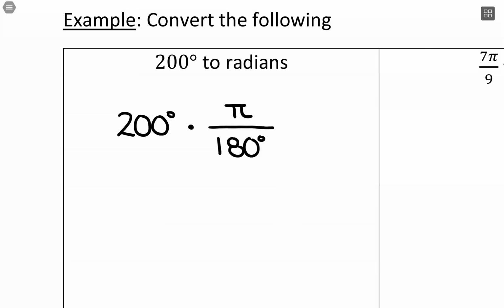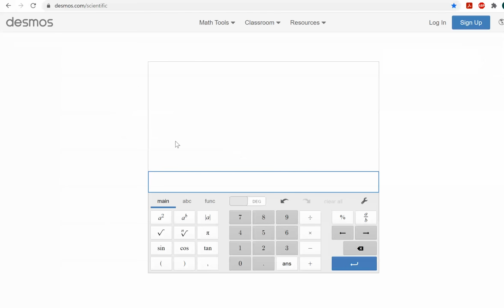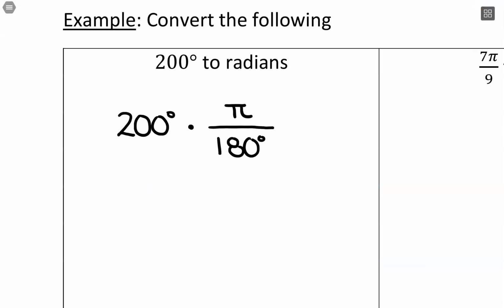So with this, we can go to our calculator. So I'm going to use the Desmos calculator. So this is the same thing as 200 times pi over 180. And I'm just going to grab a decimal of 3.49. So 3.49